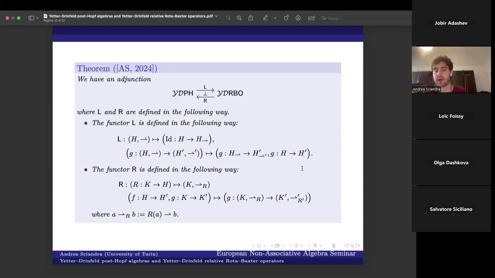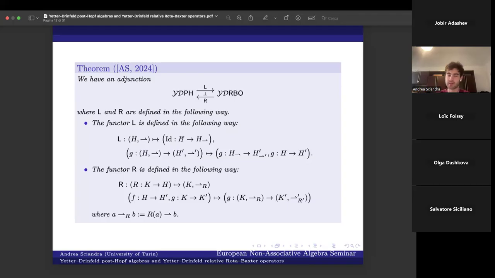In fact, I recall to you that the subadjacent Hopf algebra is a standard Hopf algebra, while the starting structure is a Hopf algebra in the category of Drinfeld modules over the subadjacent Hopf algebra. And, okay, to a morphism of Drinfeld post-Hopf algebras, G, it associates the pair (G, G)